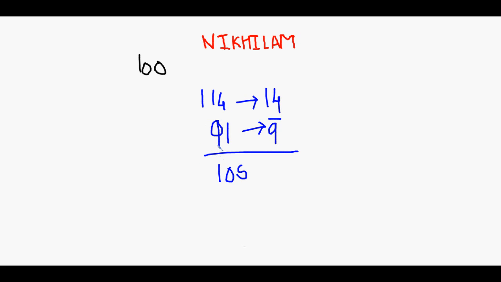Now multiply the numbers on the right hand side. 14 and 9 bar will give 126 bar. Now, are you getting it? There are 3 digits on the right hand side and we have only 2 zeros in the 100. So reduce 1 from 105. We will get it as 104, 2 bar and 6 bar.